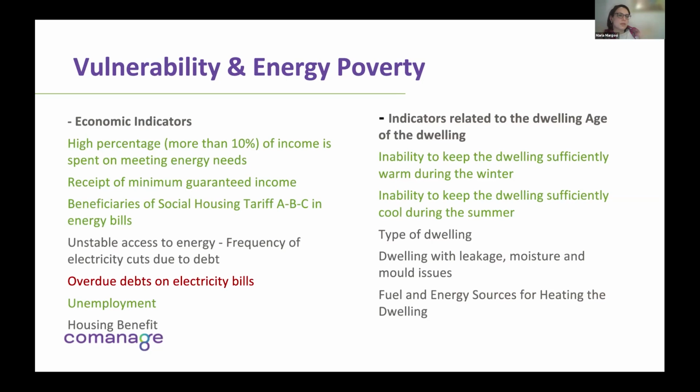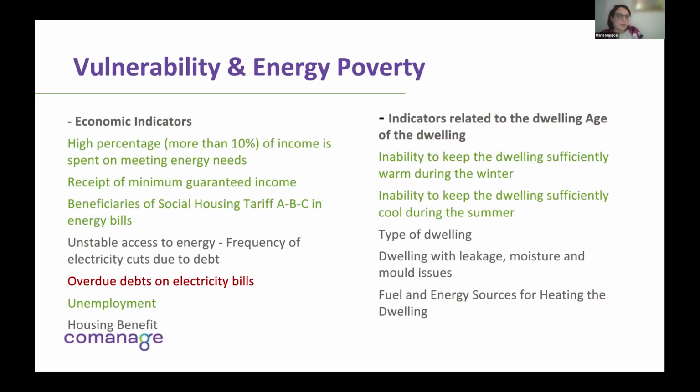To also see the great picture of the barriers that we face in Greece. Despite the fact that it's an economic indicator for energy poverty, if the household has debts for electricity bills, the providers in Greece didn't accept households that had debts in their contracts for the energy sharing model, which is